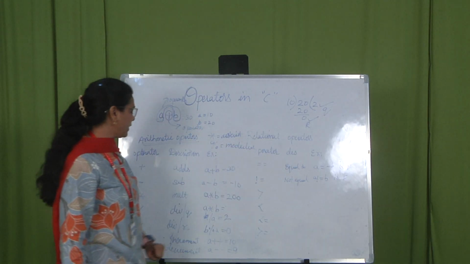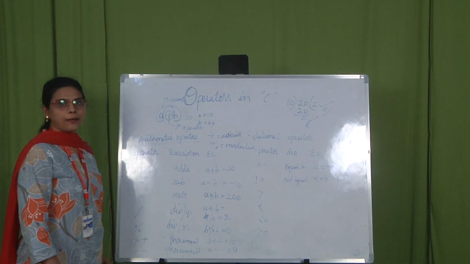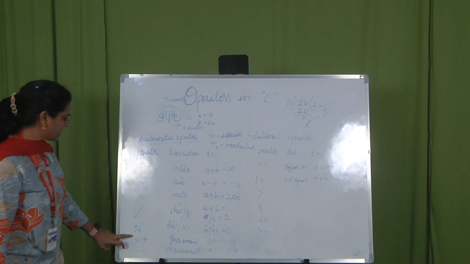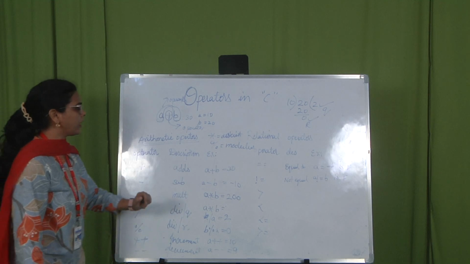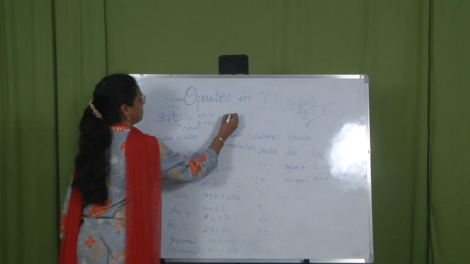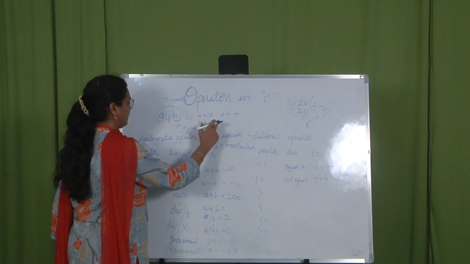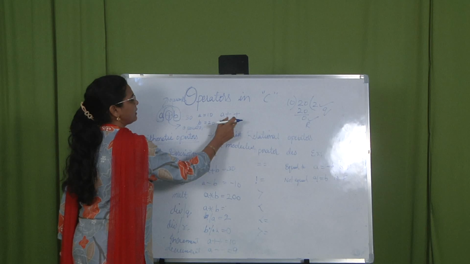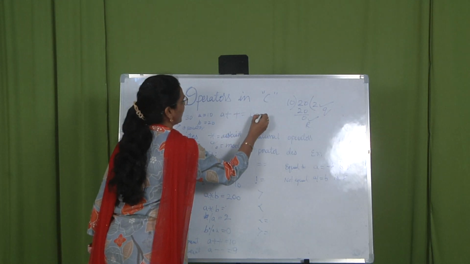So whenever you want a remainder, that time you have to go for this percentage symbol or modulus symbol. Now let us go to the next type of operator. This is called plus plus. Plus plus is also called a unary operator. That means only one operand is required. For addition and subtraction we use two operands, but for this type of operator we need only one operand. So this is also called unary.